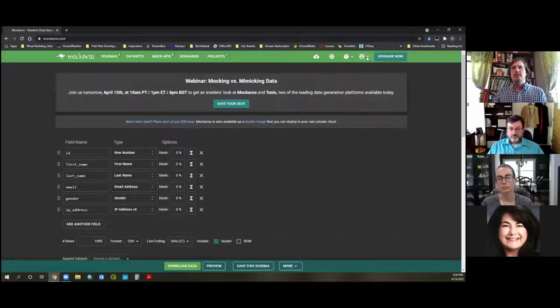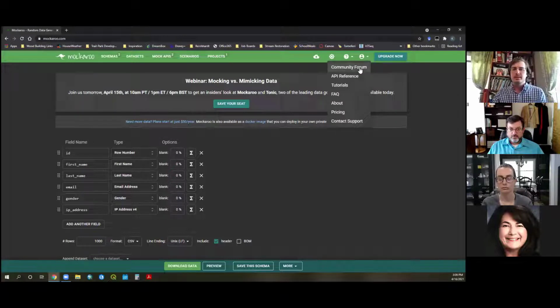The other thing I want to point out is, see, there's a community forum. This is so powerful. There are people all over the world that are inside of this community forum that will be more than happy to help you. And as a matter of fact, when you create an account on Mockaroo, you have to go through the community forum, type up a statement, and go through a training. So it's really intuitive how they walk you through all the things that you can access with this resource. There's also some of these tutorials, like I mentioned, they're really powerful as well.